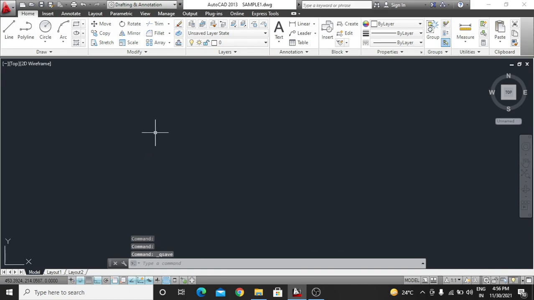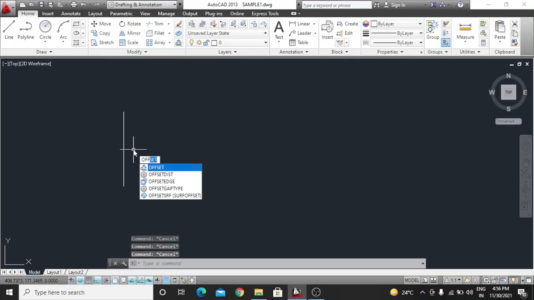So after that, our next is offset. So what is offset? Example, you have a line here and you want to make a similar line at a parallel distance. Example, you have a line and use the offset.